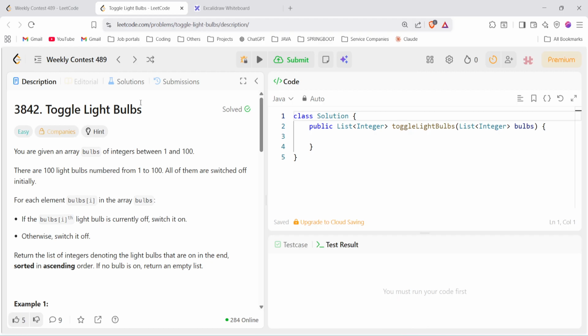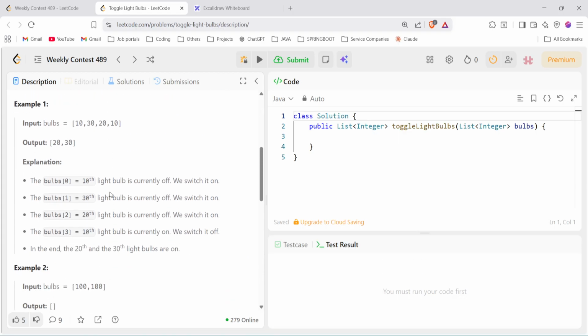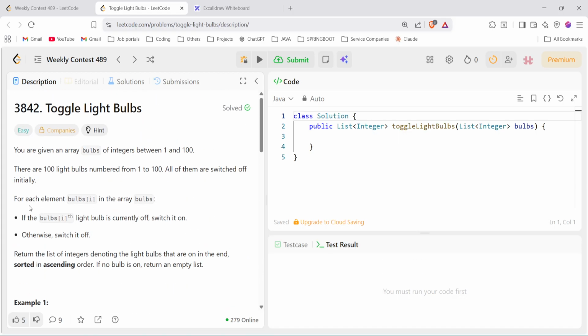Toggle light bulbs. You are given an array of bulbs of integers between 1 and 100. There are 100 bulbs numbered from 1 to 100. All of them are switched off initially. So for each element bulbs[i] in the array bulbs: